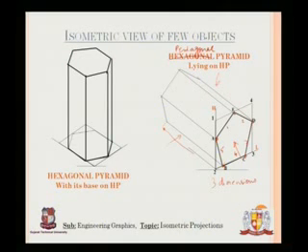Again, this is a hexagonal pyramid, sorry, it's not a pyramid. This is also not a pyramid. This is a prism, a hexagonal prism. A pyramid has one top, as you saw in the previous one. So this base is on HP, as you can see, and this is the face also. It is common. So it is a prism, and it has both the views. This is 1, this is 2, and finally we have the height. So all three are visible.